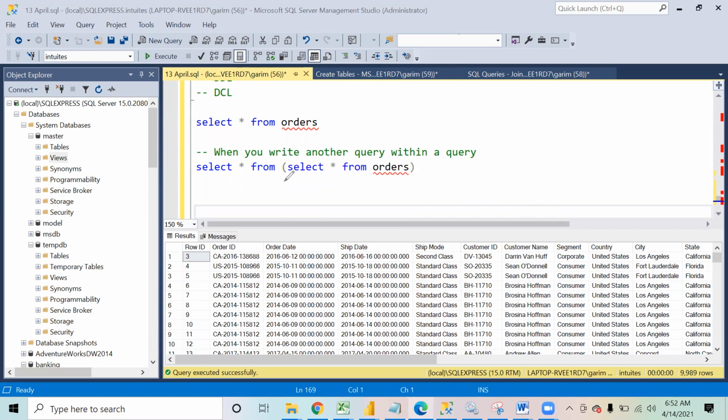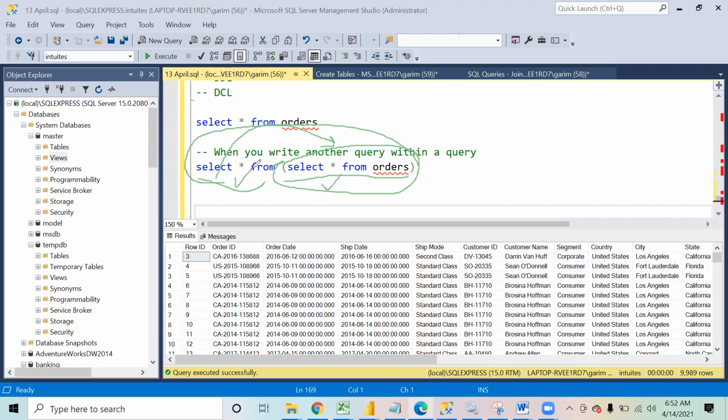One query is where I am saying select star from orders, and one is the outer one where I am saying select star from this. This query becomes the inner query, and outside of it, that becomes the outer query. So there are two queries: one is the inner query and this is the outer query.